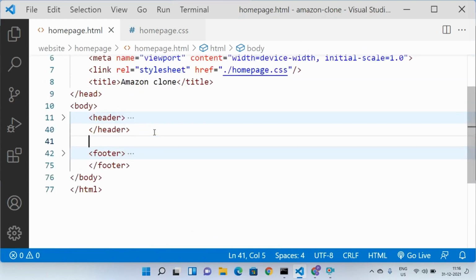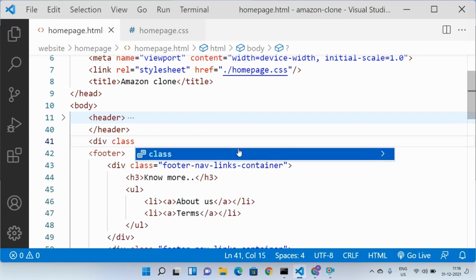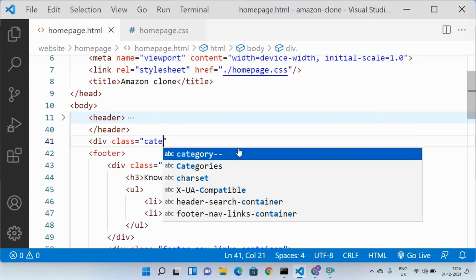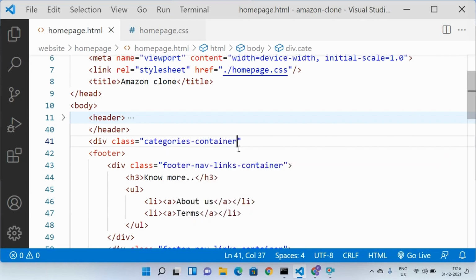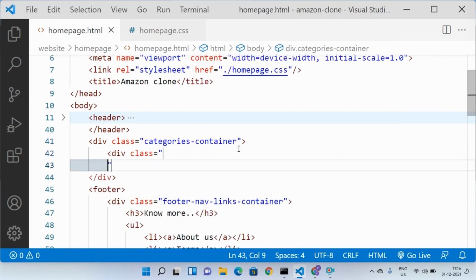Now, let me create one div tag here with class equals categories-container. Inside this categories container, let us create one more div with class as category.